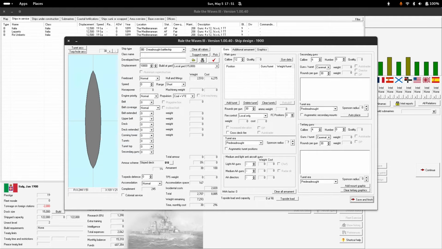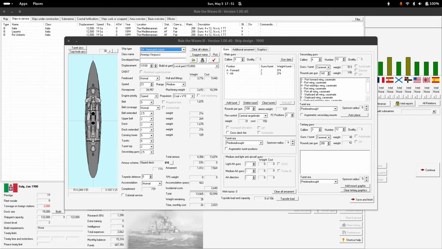Next I want to make a cruiser. So let's go make an armored cruiser. I'm going to just auto-generate. Amerigo Vespucci, that's a good name. So let's think about what would be a good armored cruiser. So let's start with the guns. I think for the main guns, I may go...